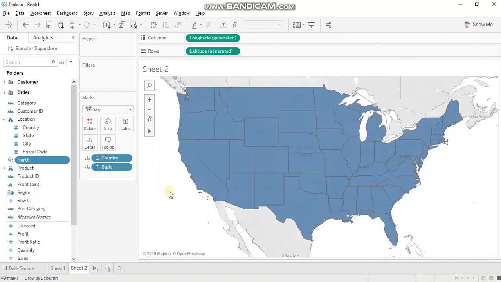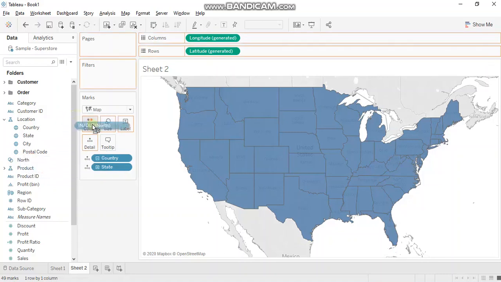You can see there is no segregation by color, but with groups, when we created a group, those categories were automatically segregated in the visualization. Until you bring a set to the visualization, it won't show its effect. So we have a new dimension built over here.